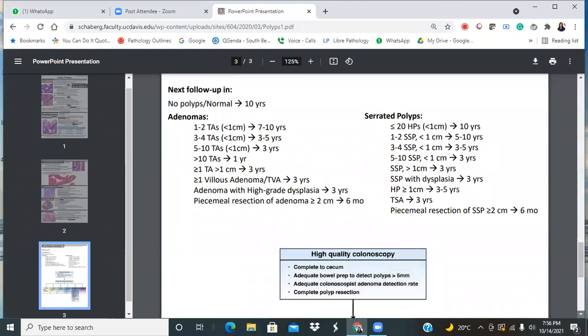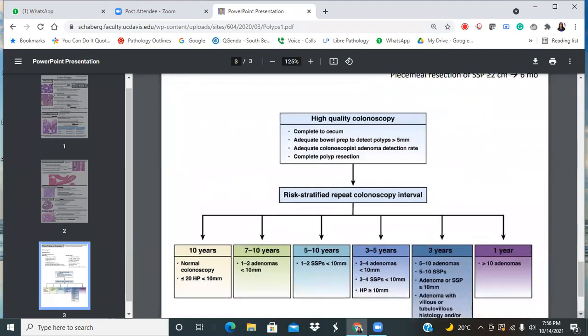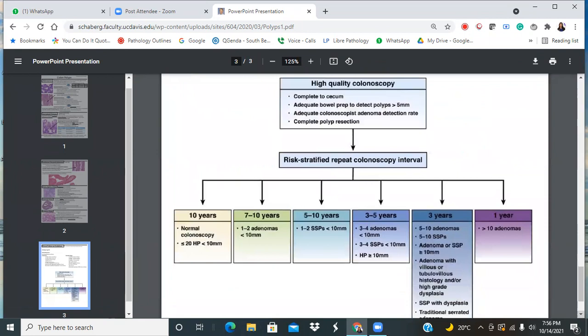Got you. Anyone else have any other questions? Polyps is bread and butter, and you might have a lot of questions. Yeah, adding to that discussion, what we do is, let us say they are telling 5 polyps and we are getting 7 fragments. We are not going to have the matching of this same thing, whatever they have seen. So we will just mention it as multiple fragments and leave it like that. Or we are also saying how many fragments with adenomatous change and how many fragments with normal colonic mucosa.